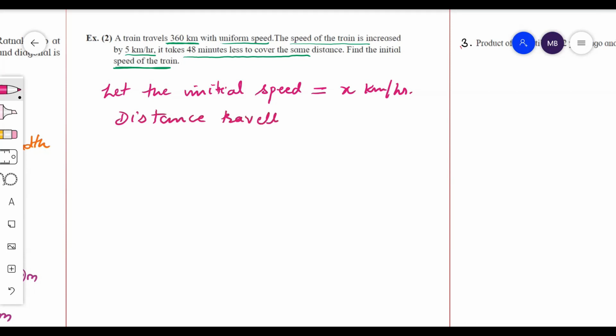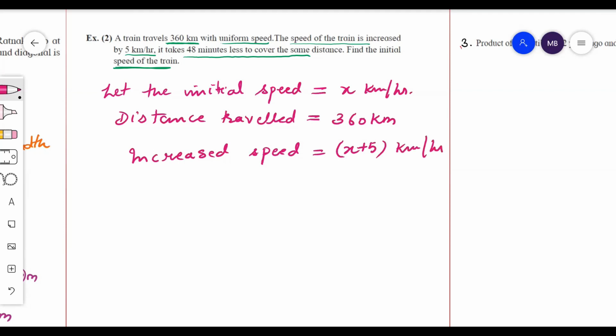Distance traveled is given to you. Distance traveled is 360 kilometers. Now what is the increased speed? By how much is the speed increased? It is increased by 5 kilometer per hour. So increased speed is equal to x plus 5